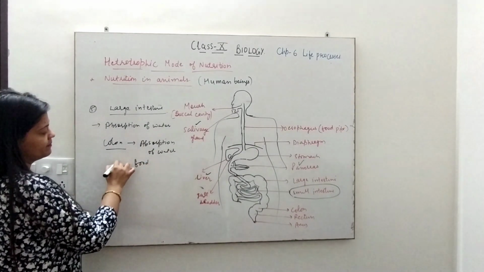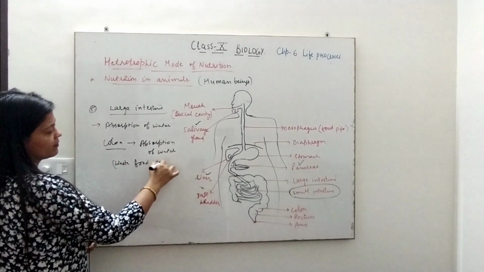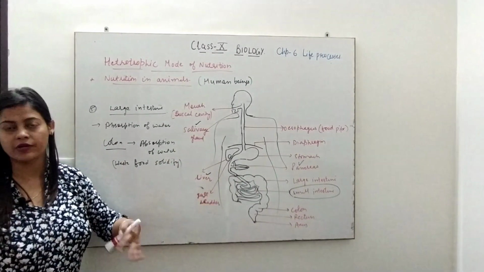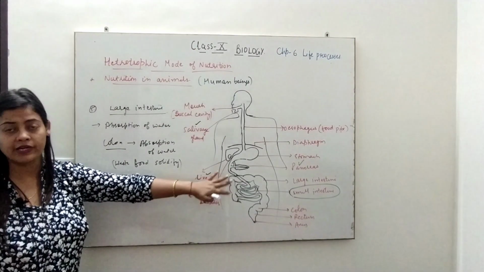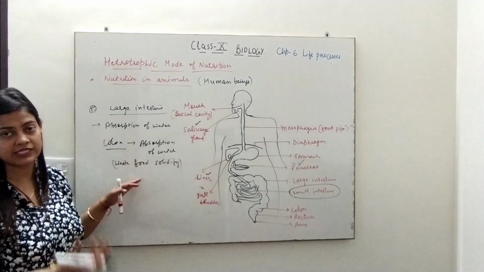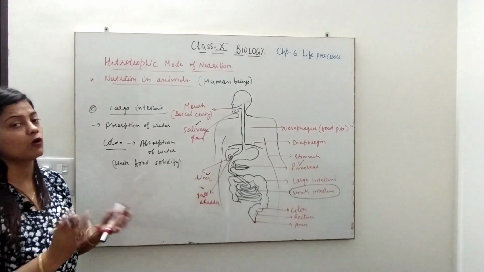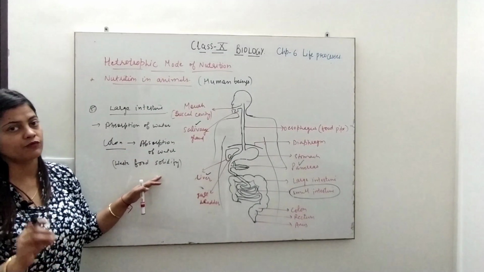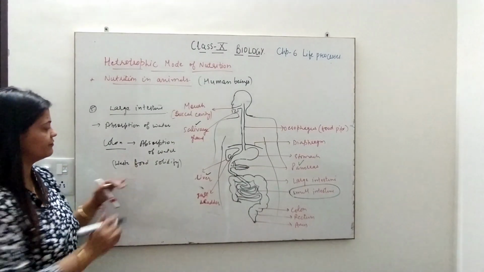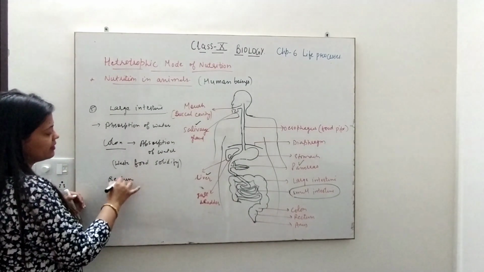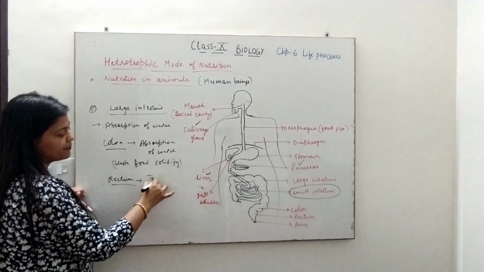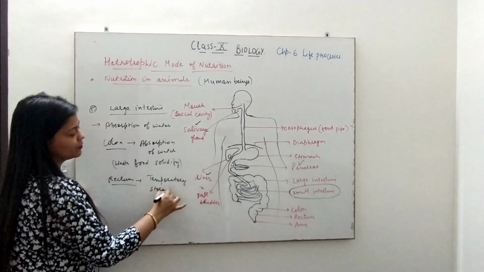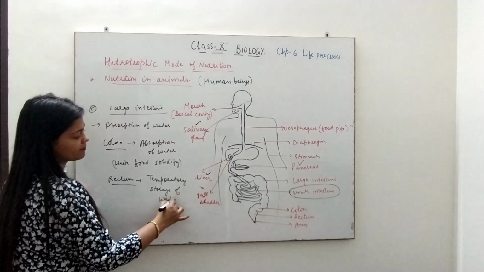Waste food, you can say. Okay, so in this part the food will be solidified, because the important nutrients which were there in the food have already been absorbed by the small intestine. Now what is left in the large intestine is the waste food along with some water. So after reaching the colon, the complete absorption of water takes place and the food will now be solidified. Then rectum. Rectum is for temporary storage of food or waste.